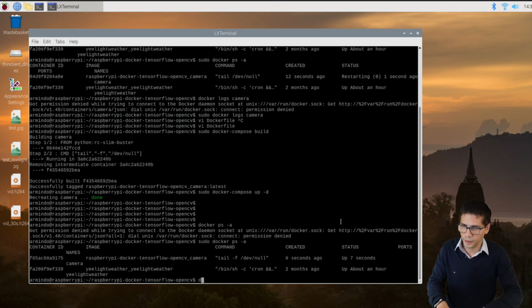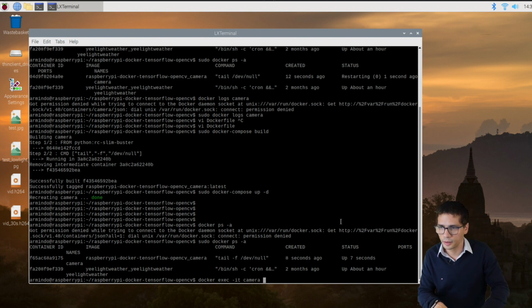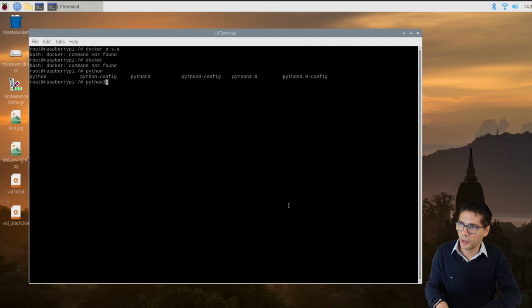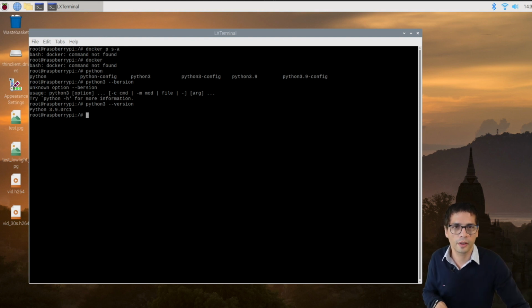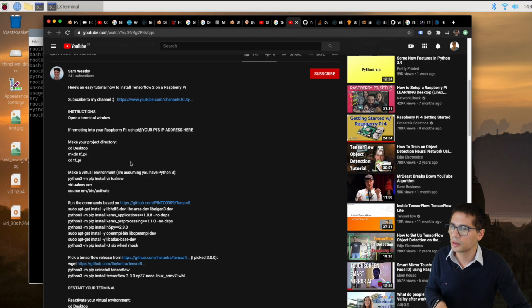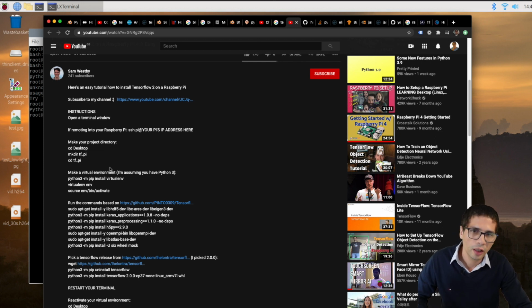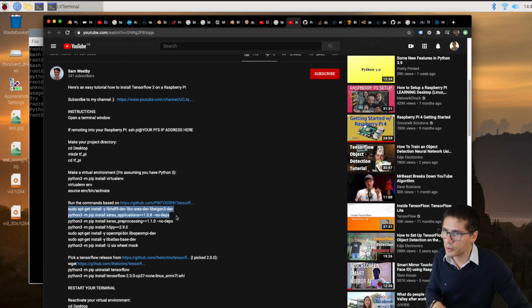I can actually go inside the camera, inside the container, and check what's inside with the Docker exec. Okay, so I'm already inside the container. It has Python 3 already set up, and what I want to do is to try and follow those instructions to basically just add everything that's needed. Just going to copy and paste this stuff here. A virtual environment in Python is almost like a separate zone that you can do things in without worrying about any other libraries that are installed in your operating system. But because I'm using a Docker container, that's kind of the same thing, so I don't need to create a virtual environment. So I'm just going to follow these steps here.